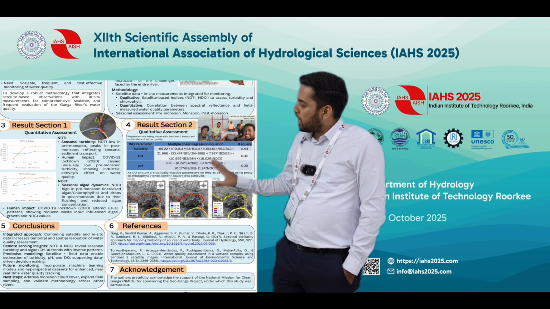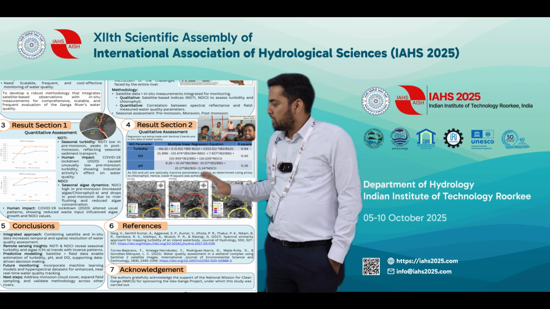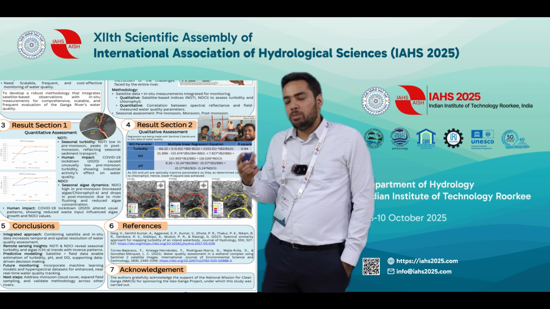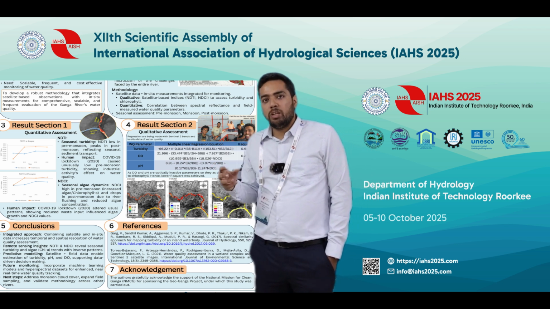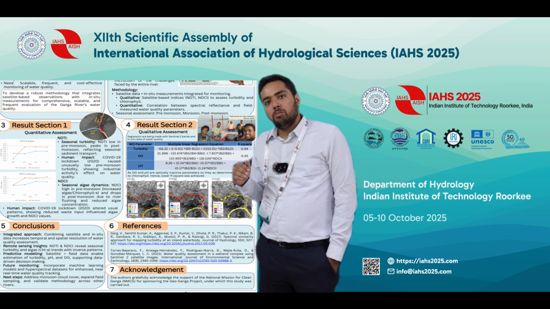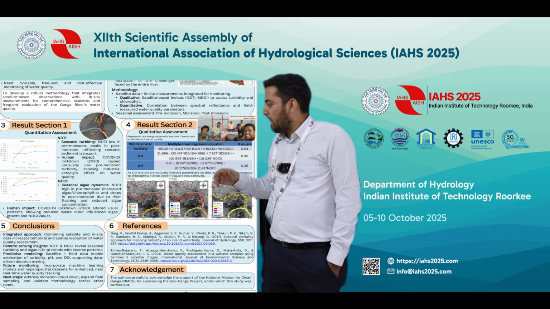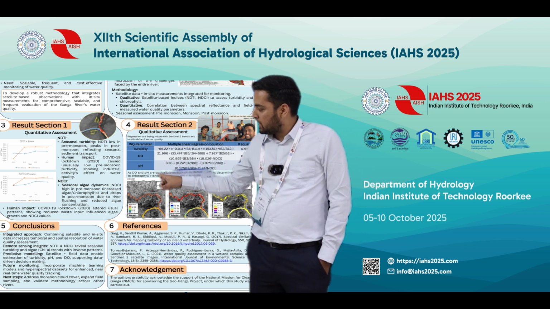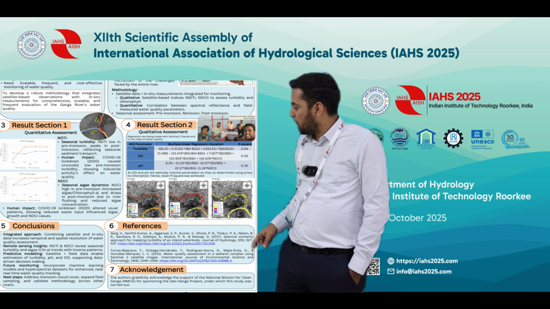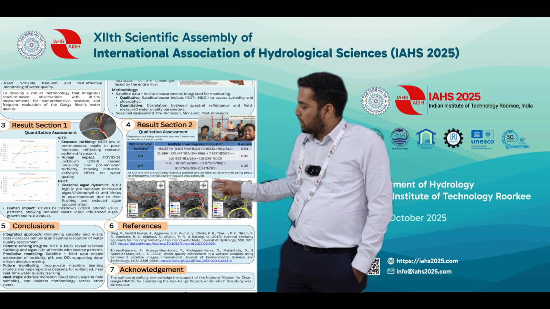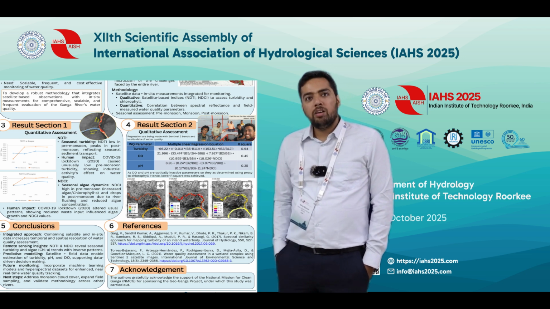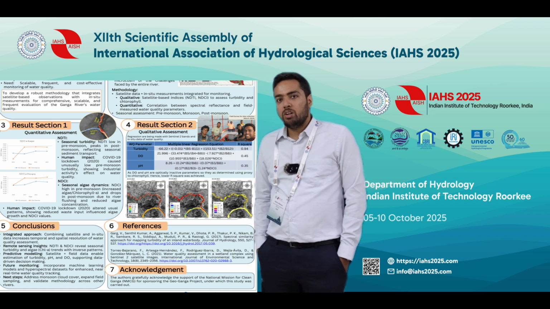The main part, or the novelty I would say, is the quantitative assessment, where we have targeted to determine the actual values of the water quality parameters on the pixel level. So we have tried to form a regression equation based on the satellite reflectance and the parameters. We targeted one optically active parameter and two optically inactive parameters. For the optically active parameter, we can see the R square is very high, but for the other two parameters, the R square is very low. So for this, we are using a machine learning based model or hydrodynamic based water quality modeling.